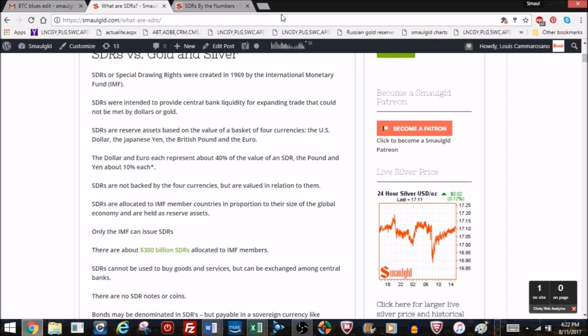This is before Nixon took the U.S. off the gold standard. So in 1969, the world financial system was operating under the Bretton Woods agreements. Under those agreements, the central banks could bring their United States dollars to the U.S. Treasury and get gold for them. So in a sense, the dollar was backed by the gold. Now, the price of gold was fixed by Congress in 1934 at $35 an ounce.